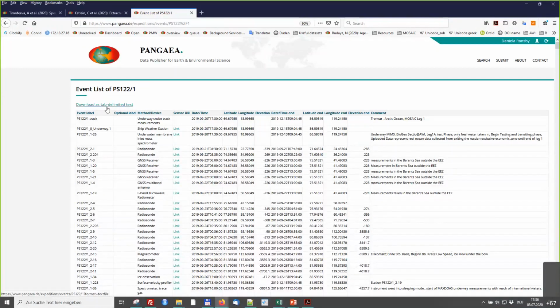So these lists for each expedition can be viewed online, which might not be that helpful, maybe for an overview, but most of all, it can be downloaded. And this is the source where you can, for example, use, unless you have your own sources, for the event information that we need you to associate with the data submission.